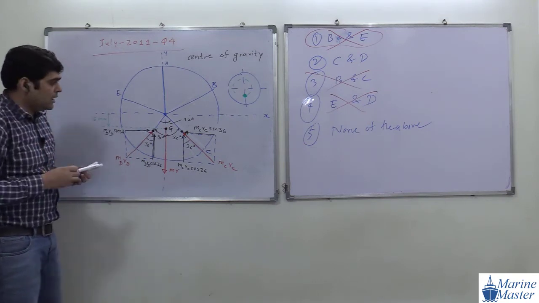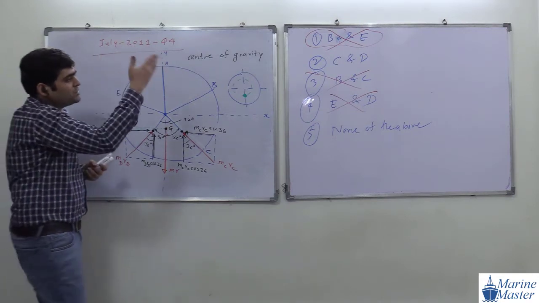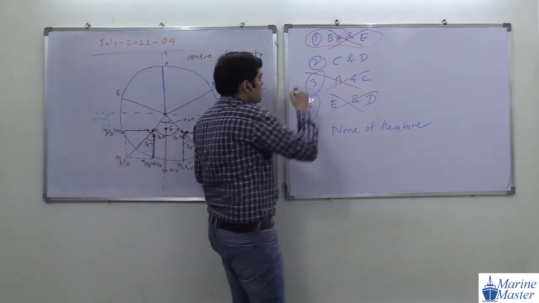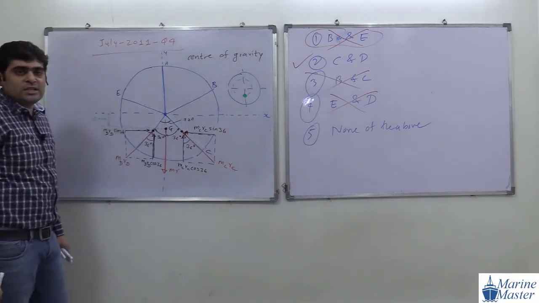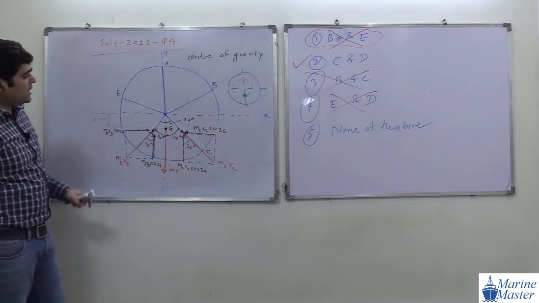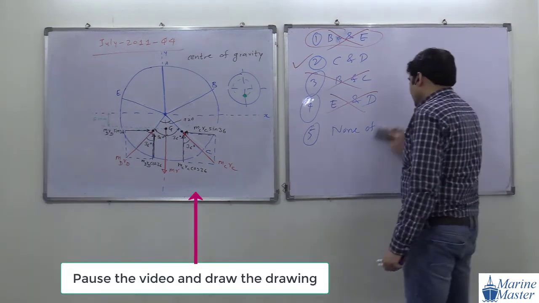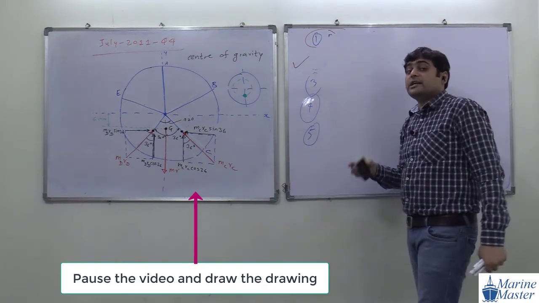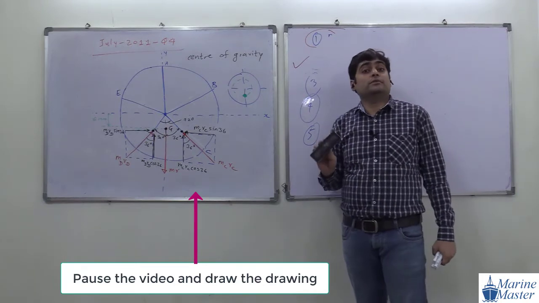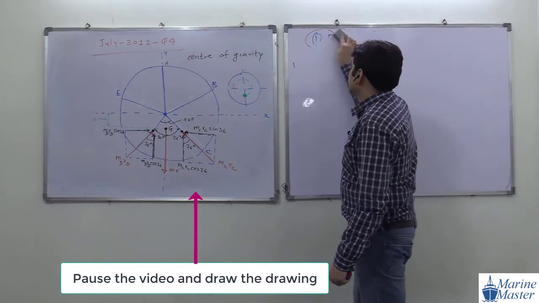Okay, good. Very good. So from which veins are we going to remove, out of these four options? Which option will be the correct one? These options will be the correct one. Okay, any doubt in this discussion, guys? Okay, so please everyone, now draw this drawing properly. In mechanics, drawings are very, very important. For each and every question, we are drawing the drawing. Figures are very, very important in mechanics.